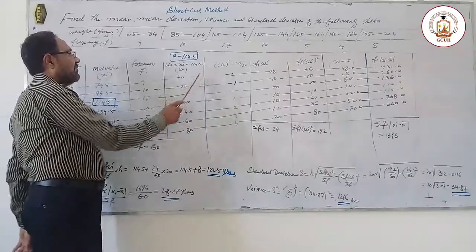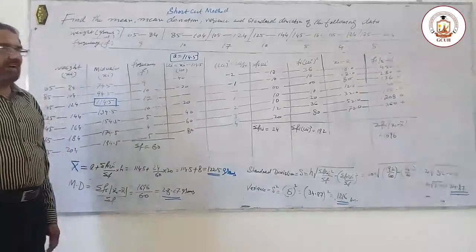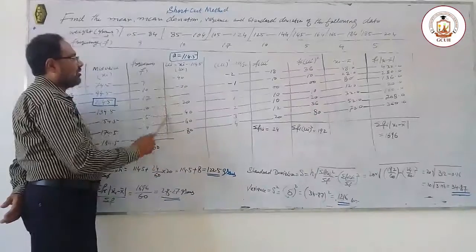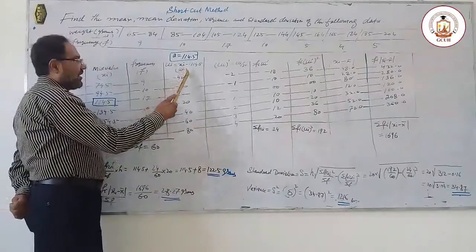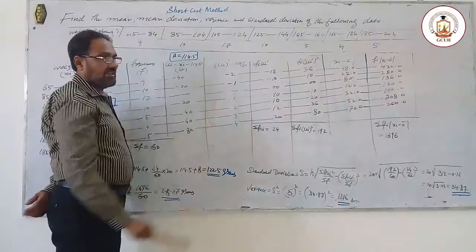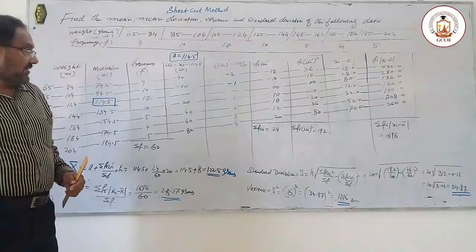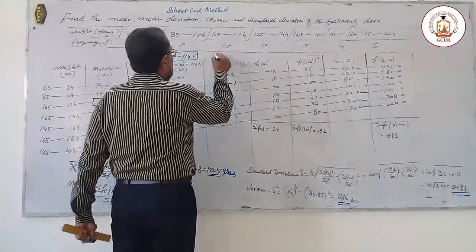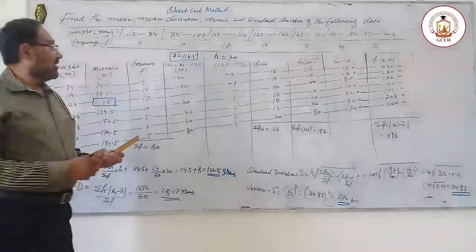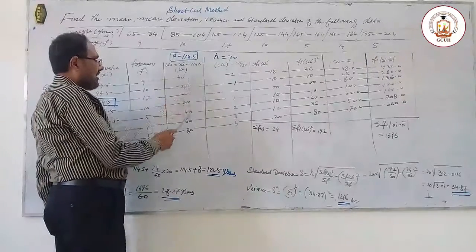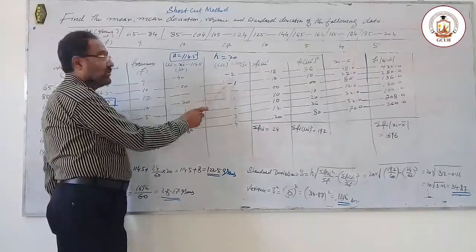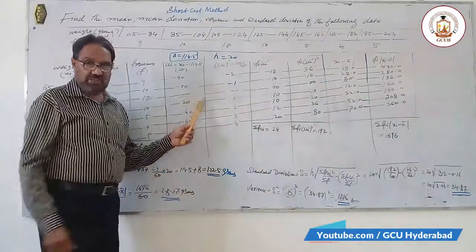Now this column is known as the step value of UR. The step value arises when we divide this column throughout by 20, so the column will be reduced. The step value is 20, known as h. H is 20. When we divide minus 40 and all these values by 20, we get the reduced values minus 2, minus 1, 0, 1, 2, 3, 4.